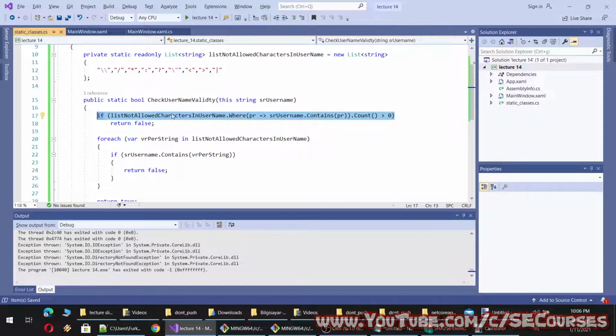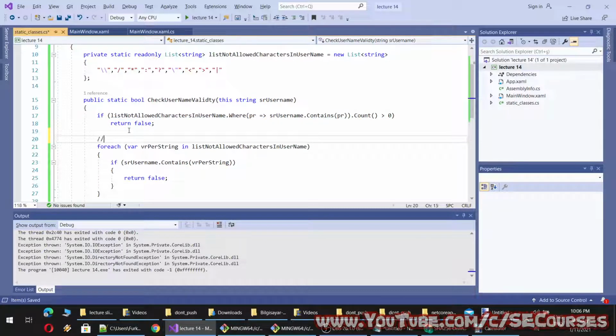I am not sure, it has to be tested. The above code achieves the same approach as the one below. Okay, so this is the LINQ code.